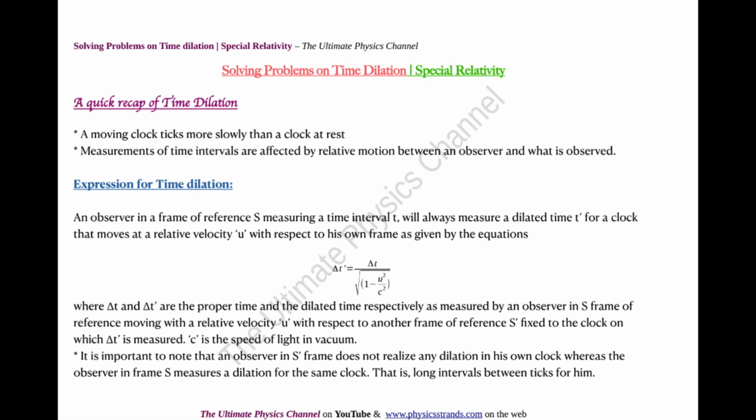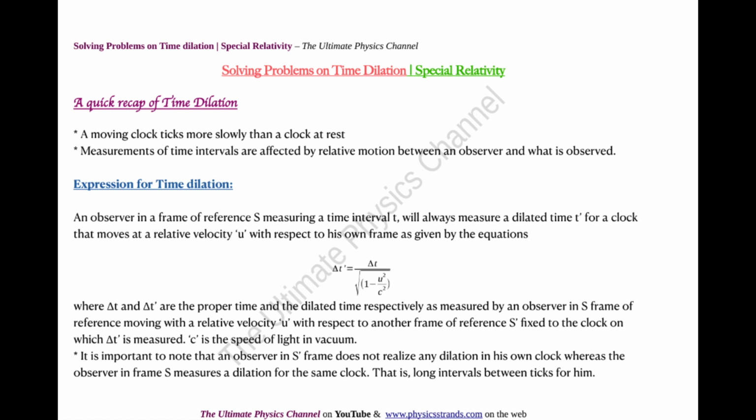That is, if an observer in a frame of reference S is measuring a time interval del t, he will always measure a dilated time del t prime for a clock that moves at a relative velocity u with respect to his own frame of reference, which is given by this equation. Del t prime is equal to del t over square root of 1 minus u squared over c squared. Here I have used the notation del t prime and del t. You could very well use t prime and t. Because it is an interval of time anyway, I have used a delta there,